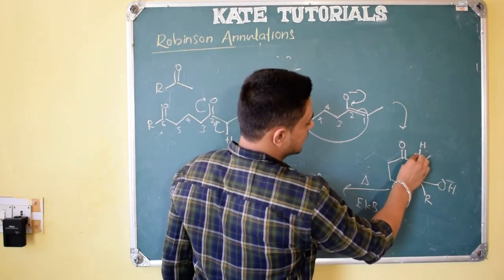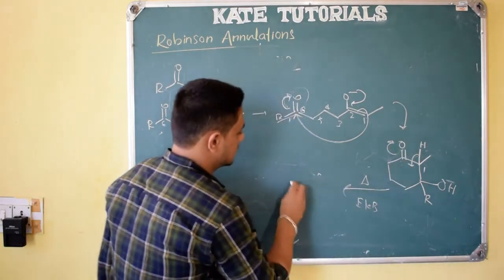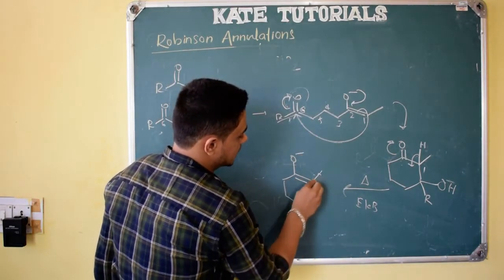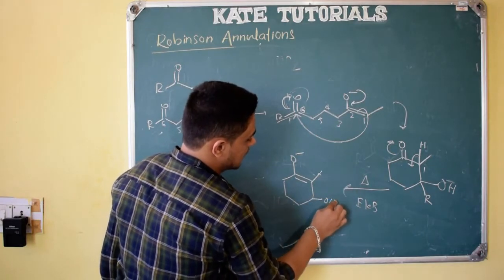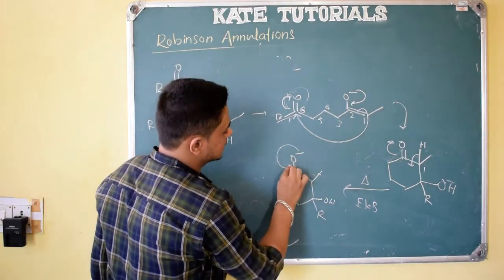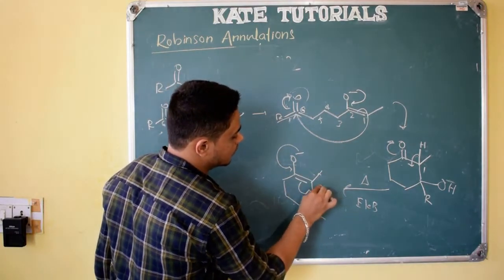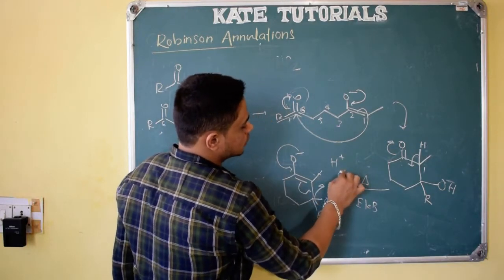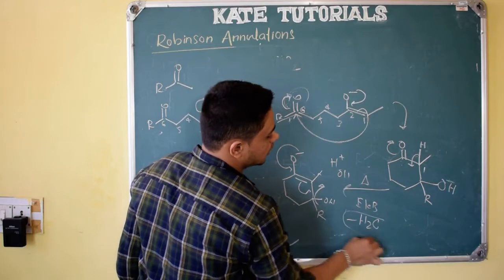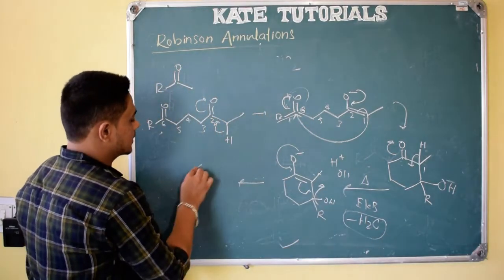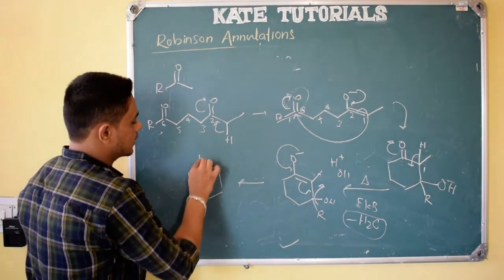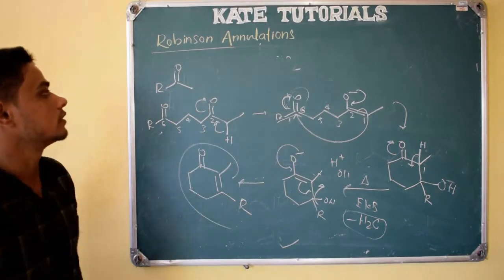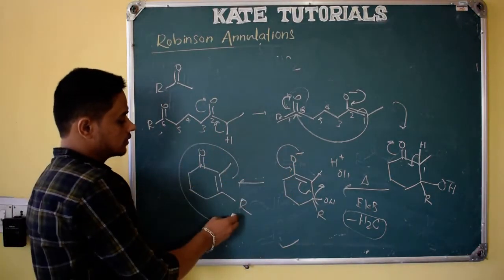How will it go? It will take the electron density like this. See here, O minus double bond, and methyl as usual, and here OH and R. As soon as electron density comes back, it will move here. Here H plus it has taken, now OH minus is coming out, so it will form a water molecule. So one water molecule will be eliminated, and we get the ring product, which is our required product. The mechanism which I have given leads to this required product.